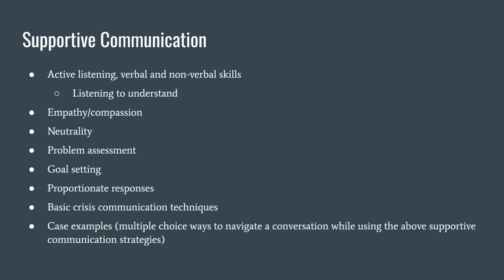And then goal setting is another one. We'll talk about this. So the bottom line here is that you always want to be working towards something when you're providing support. And it's really important to know what that thing is. So this is not necessarily a very structured verbal kind of rule or strategy that needs to be followed. It's more so like generally you need to know where you're going for this person. And most importantly, where would they like to be?